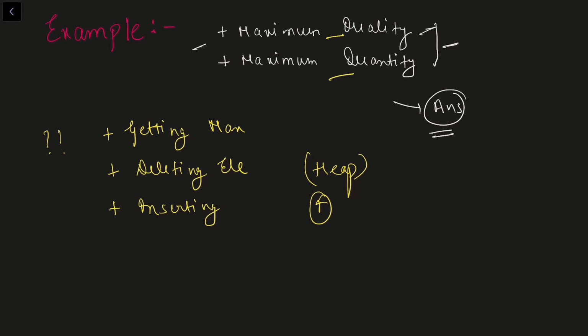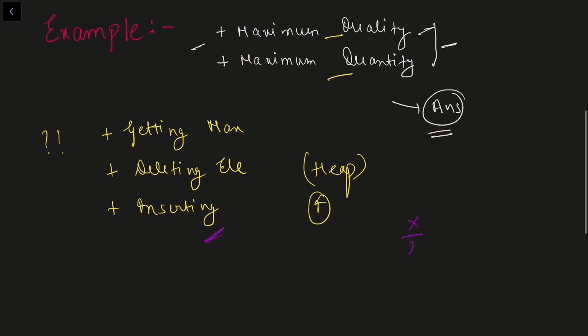And after that I'll insert another new element which is again x by 2 comma x into 2, and here x is the quality we have just removed, right? So these are the operations we are going to use, or basically we are just simulating the whole process with the help of heaps. So that is the whole idea behind this, and that is the solution to this problem as well. Now let us make it more clear by understanding the sample code.